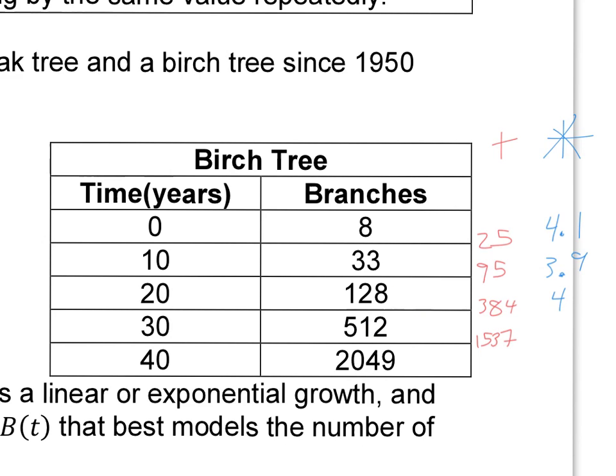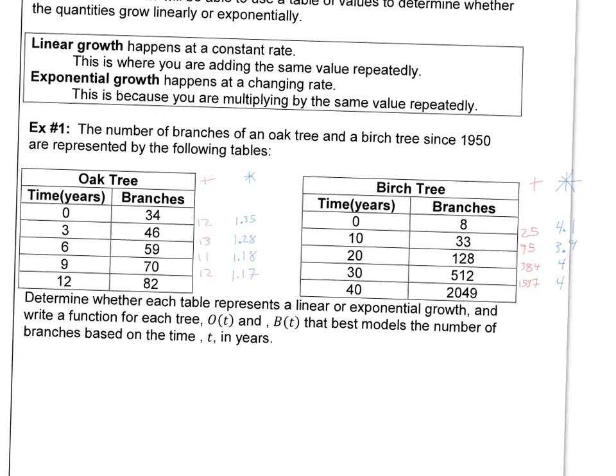And then finally, 2049 divided by 512. That is pretty much exactly 4. It's 4.002, so I'm just going to say 4. All right. Now we've got quite a bit of information here about both of these models, and we could discuss